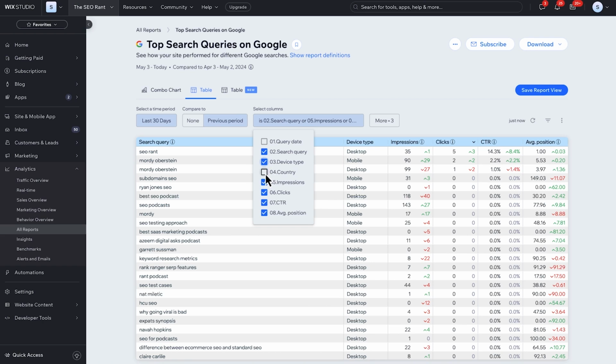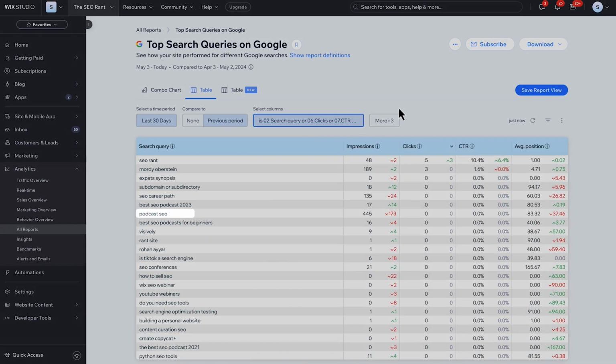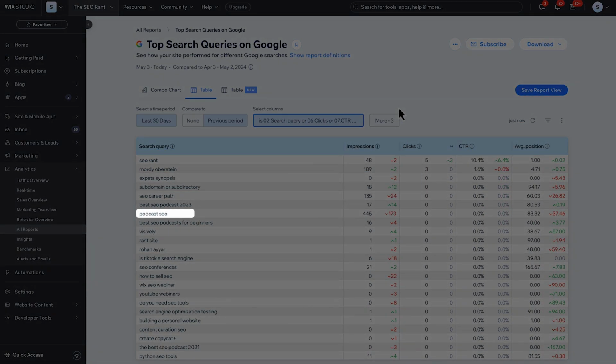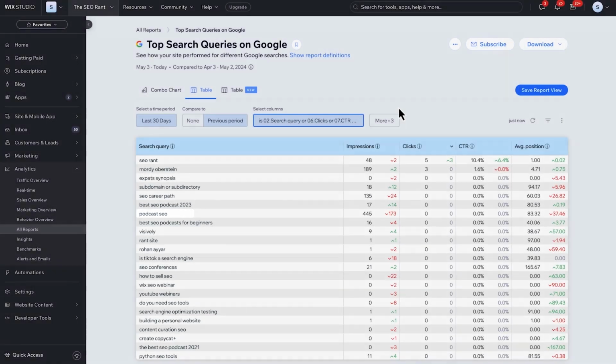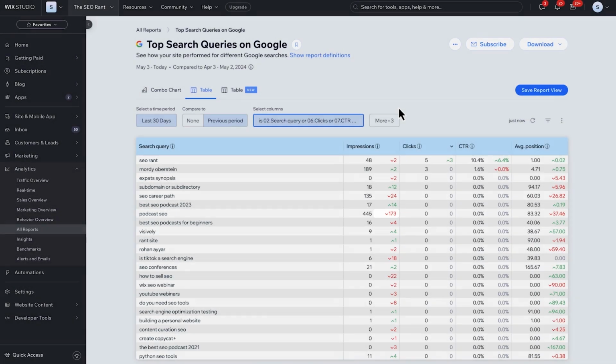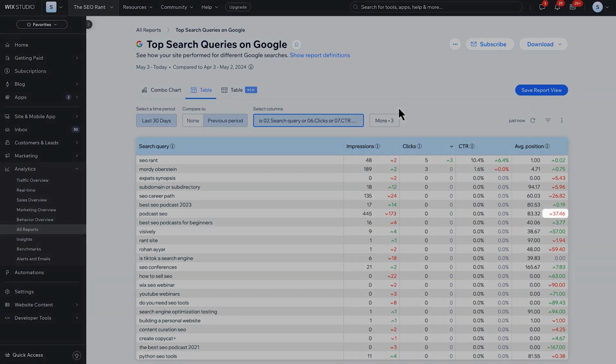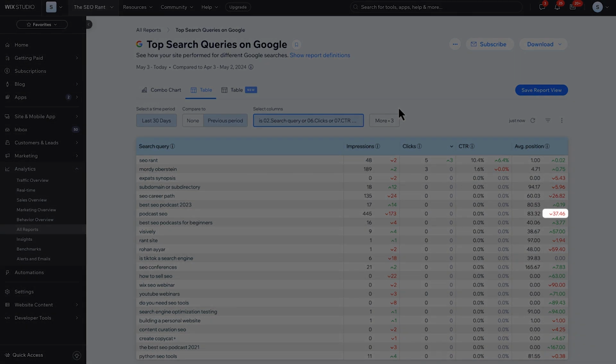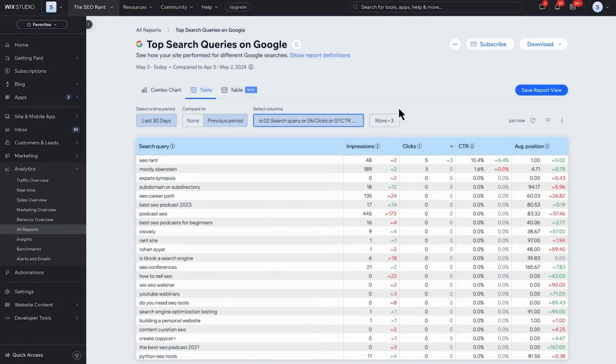type and region. In this case, we can see that the term podcast SEO has seen a period over period decrease of 173 impressions, and that the average rank fell by over 37 positions, which is significant. However, no clicks were lost. In fact, the query garners no clicks at all. So while the performance has dropped, it has had a net impact of 0 on the site's traffic from Google's